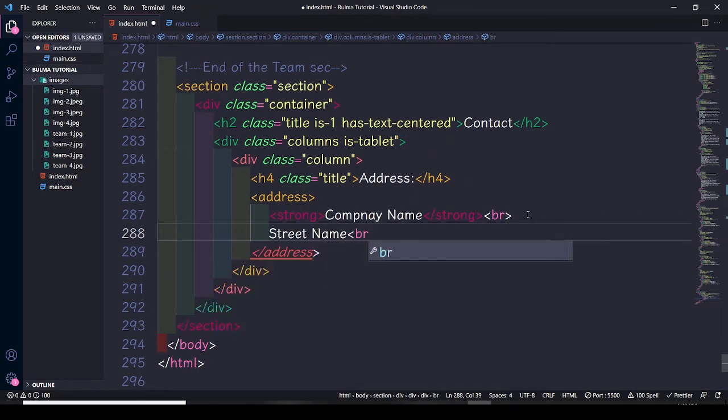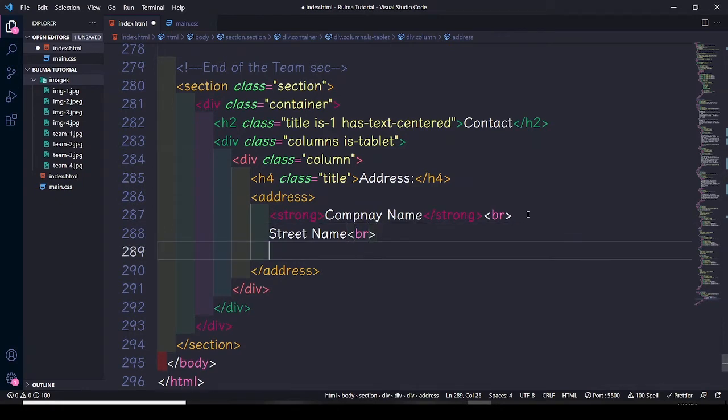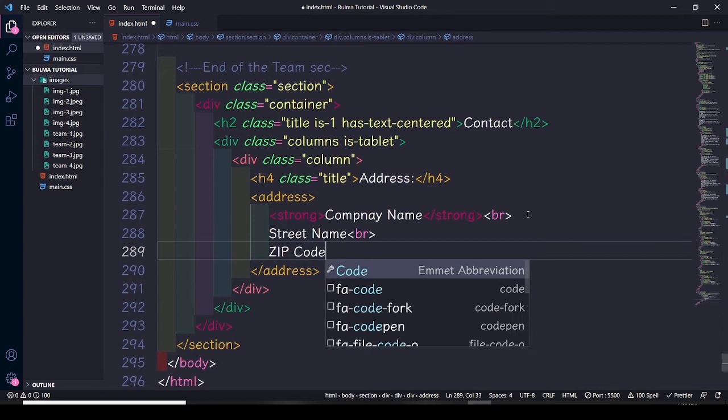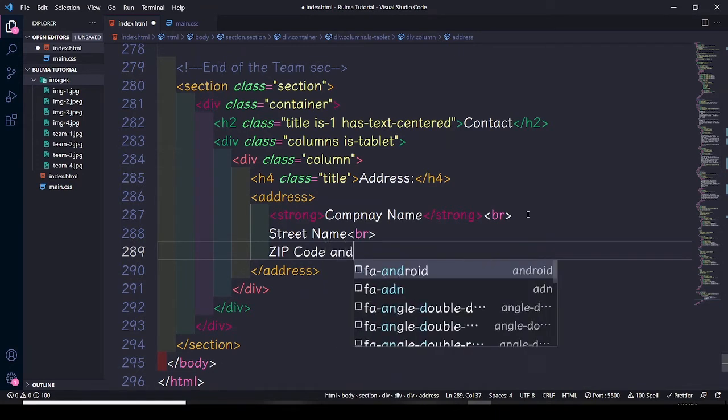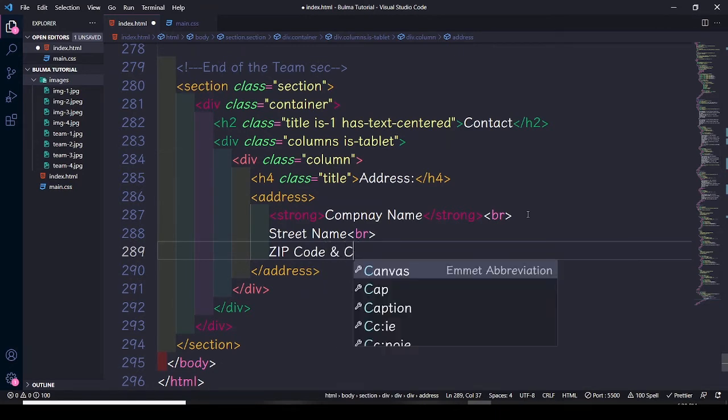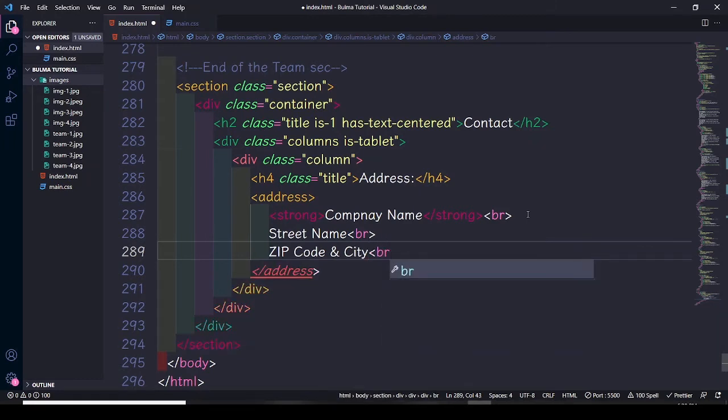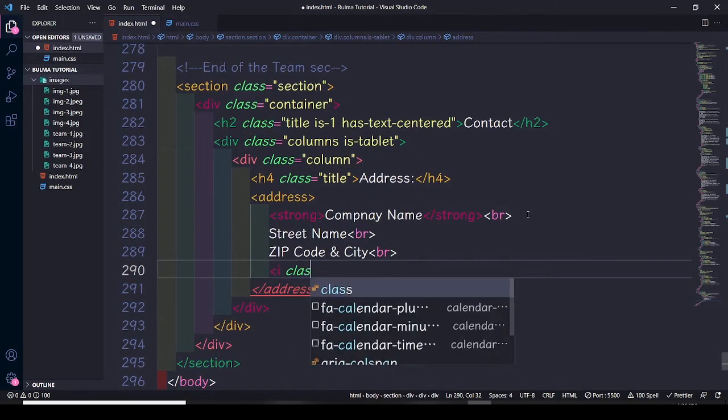Let's give it a line break, and zip code, and city,